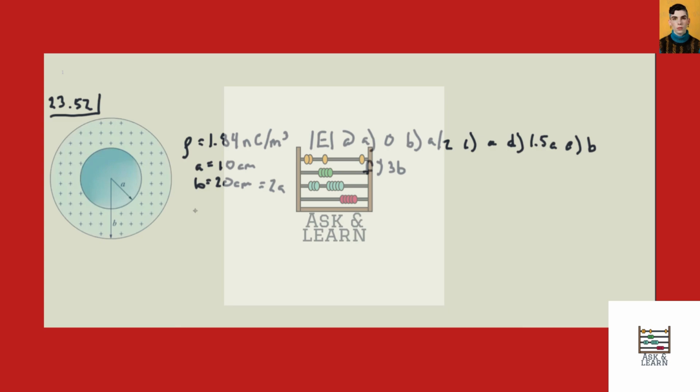23.52, we have this hollow sphere with a thickness, internal radius A, external radius B. We're told its charge density, and we just want to find out what the magnitude of the electric field is at a number of points. So let's get started. Now, at r equals 0, a over 2, and a,